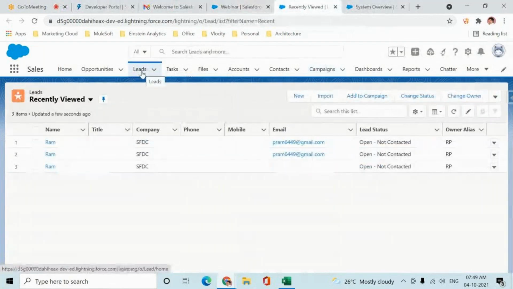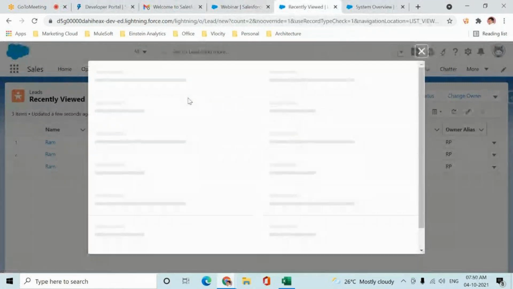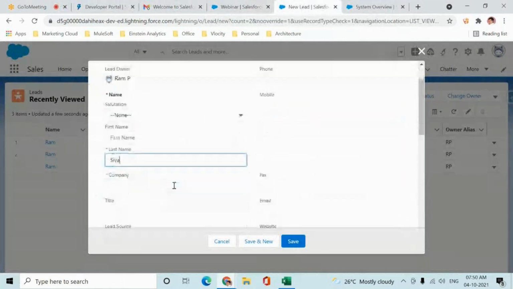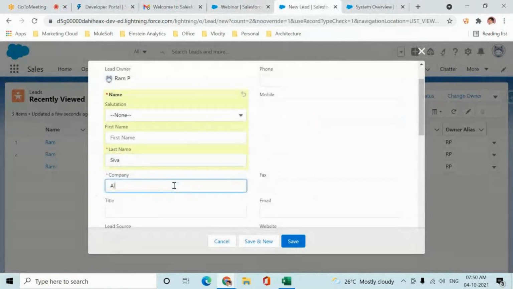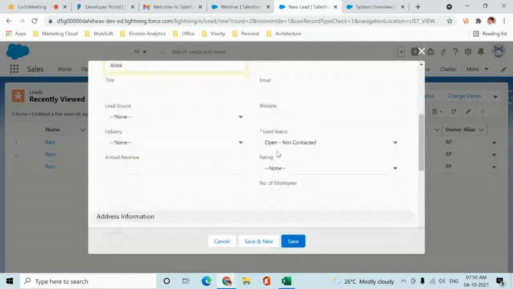I'll click on the New button on the lead, and I'll say Shiva is the person. Let us say he came from Altalk. Altalk is one of my friend's company.